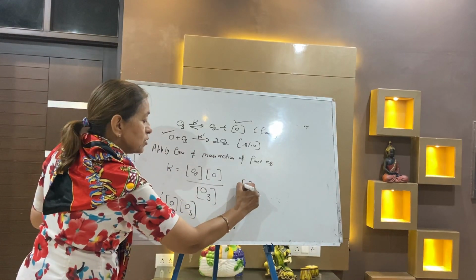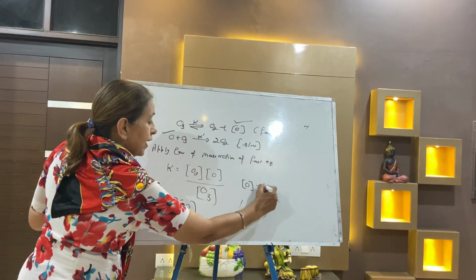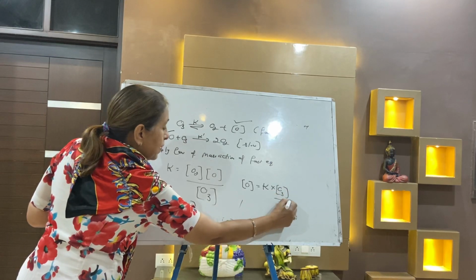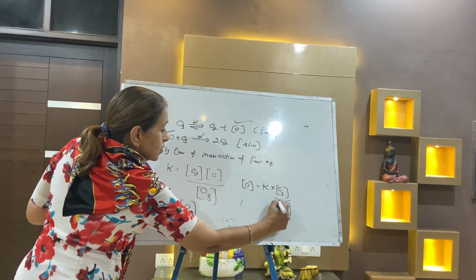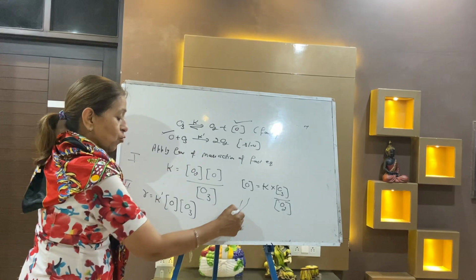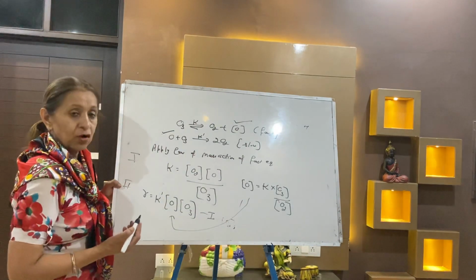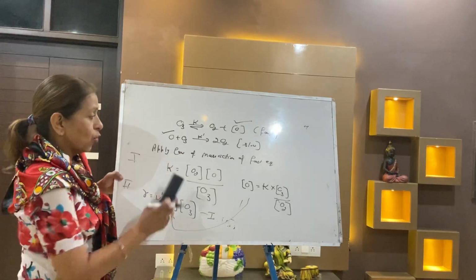This is nascent O. It is equal to K into O3 divided by O2. So put this in equation 1. Let this be your equation 1. Put the value of O in equation 1. O means oxygen,